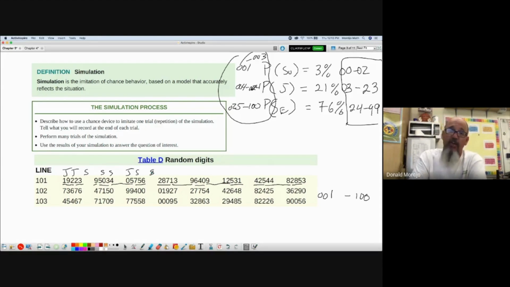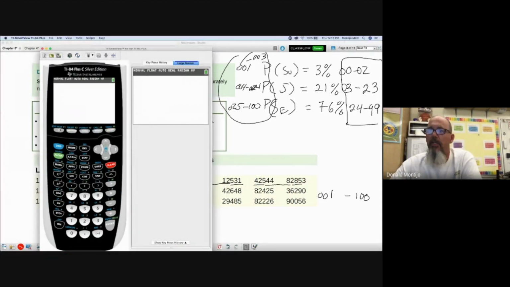Now, if we use technology for simulation, it doesn't matter what digits we start with, because the calculator can handle that for us. So for example, I want to choose 10 students, and let's see if this experimental probability using simulation will be close to the theoretical probability. I know that 3% of all students who take the AP class are sophomores, 21% are juniors, and 76% are seniors. So to simulate this, we need to go to